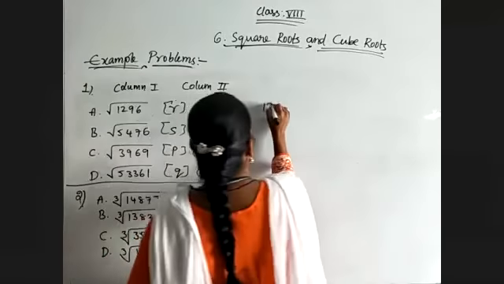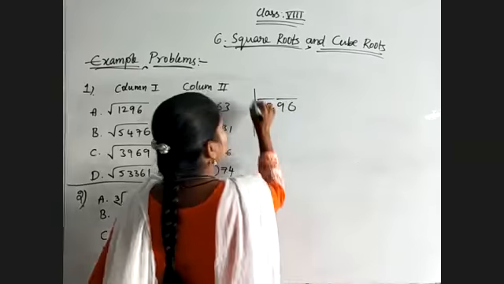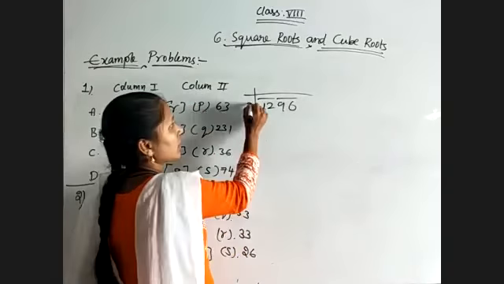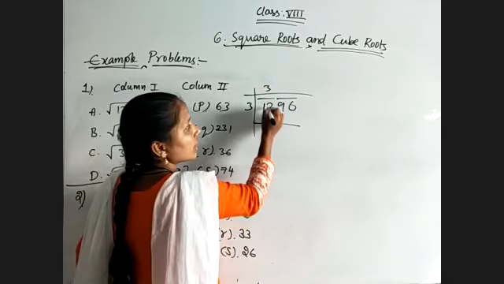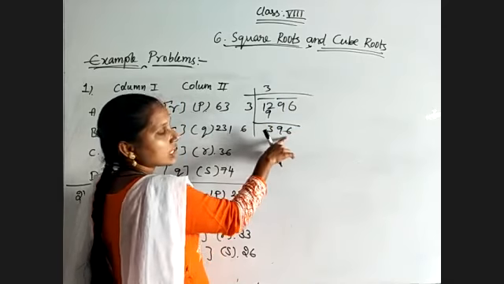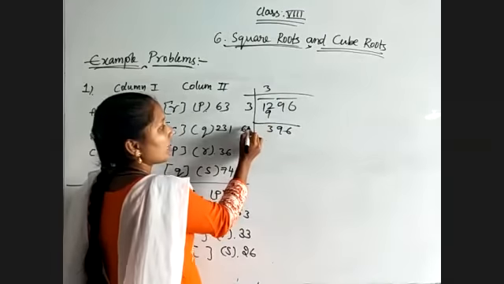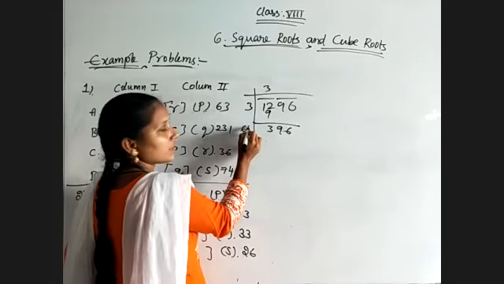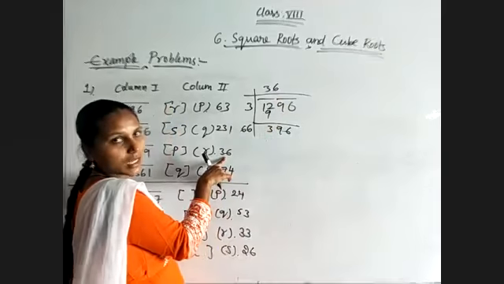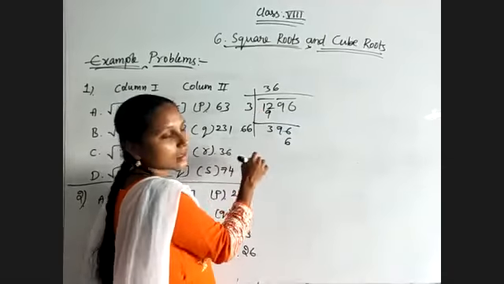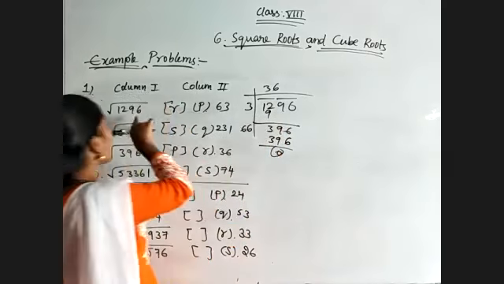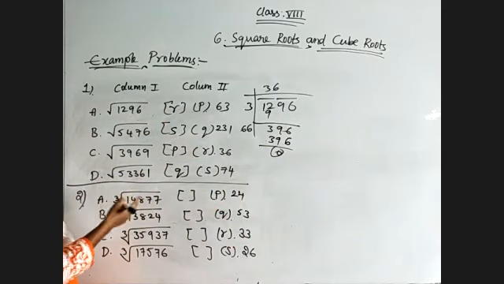What will you get for 1296 by using the division method? 12. So 4 4s are 16, 3 3s are 9 is the sufficient number. 12 minus 9 is 3, bring down 96, and 3 plus 3 is 6, we will get. Here 6 only we must get. So I'll take 4 or 6, we can use. So I am taking 6. 6, because 36 is there here. 6 6s are 36, 6 6s are 36 plus 3, 39. The remainder is 0. So the square root of this value is equal to 36. That's all. That is the division method.